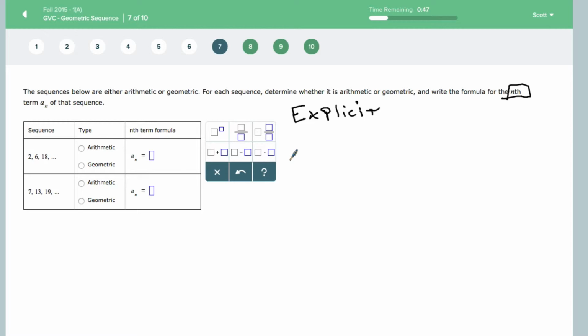And the explicit formula for the arithmetic is a sub n equals a sub 1 plus the difference times n minus 1. And if you remember, the only parts we're changing is that part right there and the difference. Those are the only parts we're changing. Okay? Now the next one, for geometric,